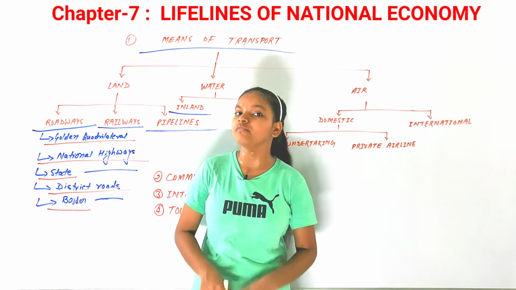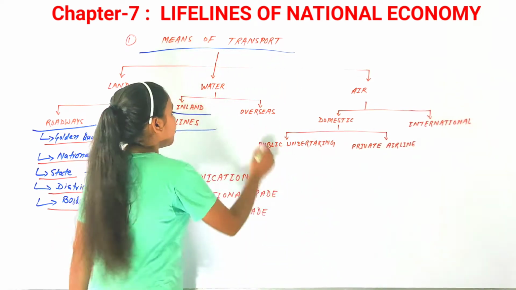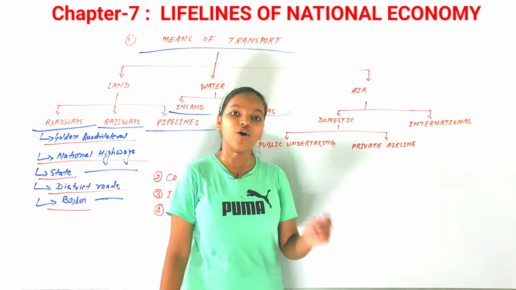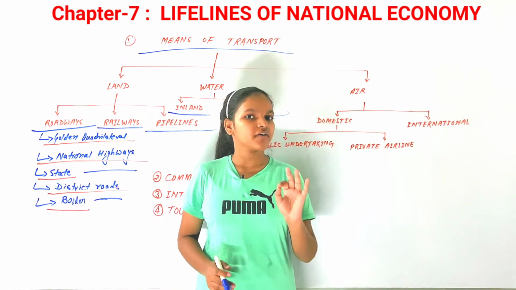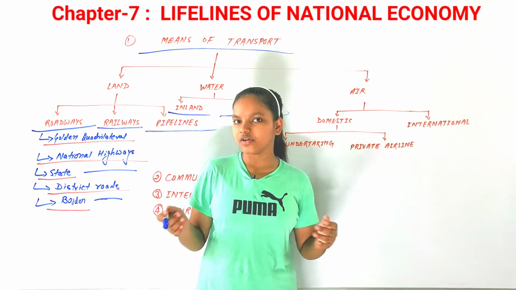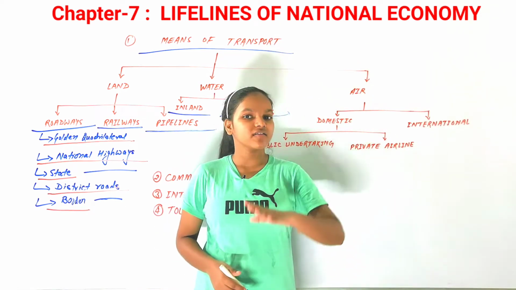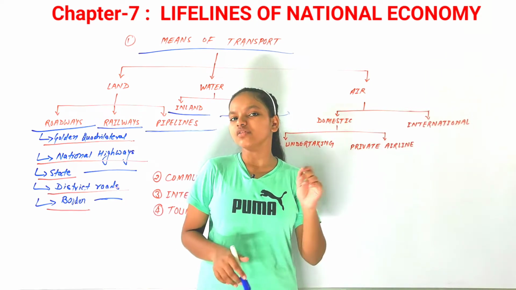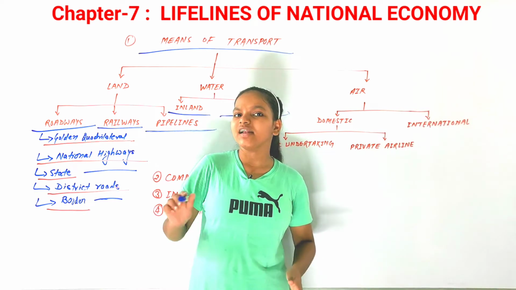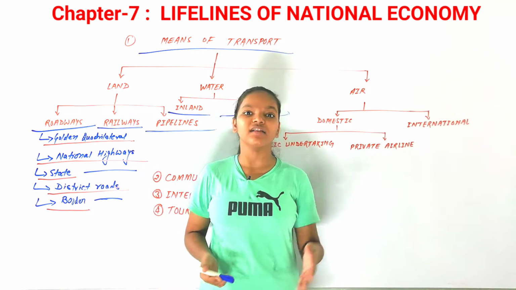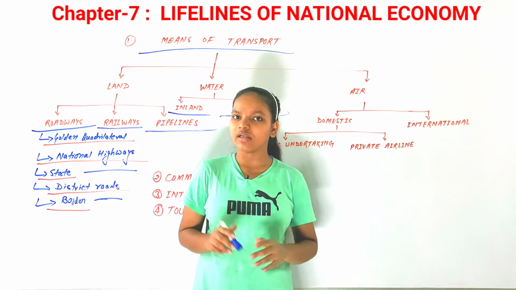So let's discuss the next means of waterways, that is overseas. In overseas we have major seaports. As all of you know, seaports account for at least 95% of the total transportation in volume. There are 12 major seaports and 200 minor ones that are not notified. So there are 12 major seaports in our country.